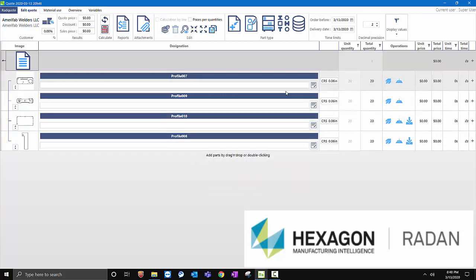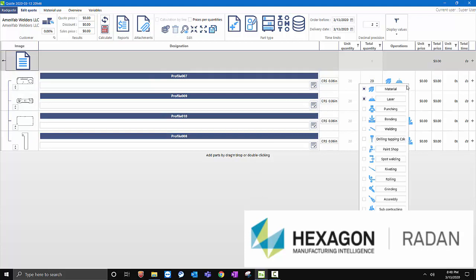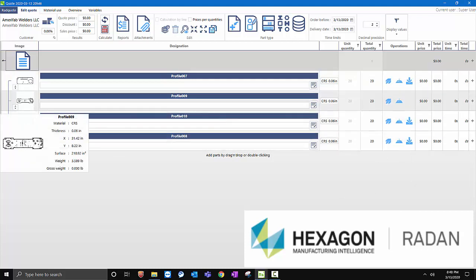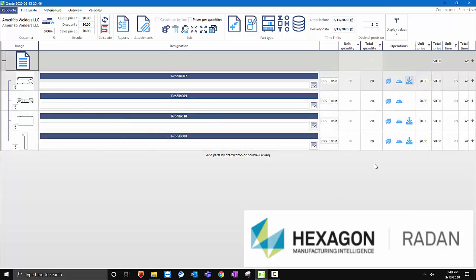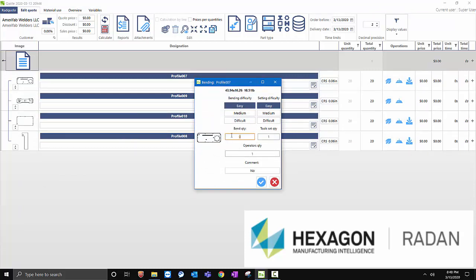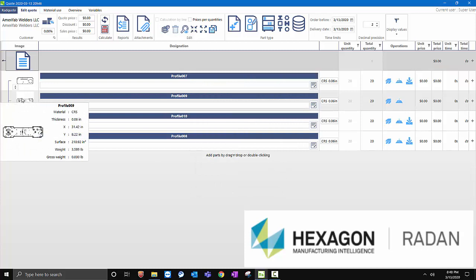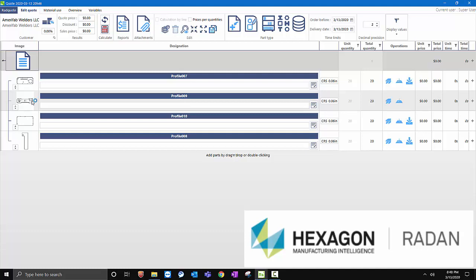And then we got this other one up the top here. Add a bending operation for that. I can highlight them and change them all, but they're not all going to be the same, right? So click on that, and we're going to do 4 bends on this one. Hit OK. This one here, you can see I've got 1, 2, 3, 4, 5, 6 bends on that one,